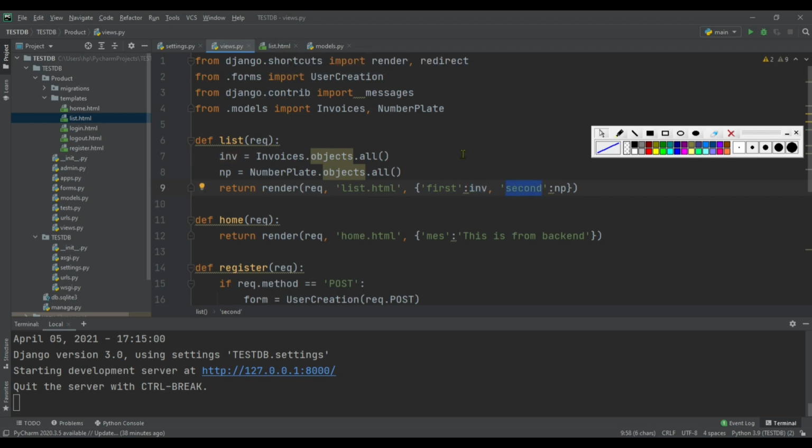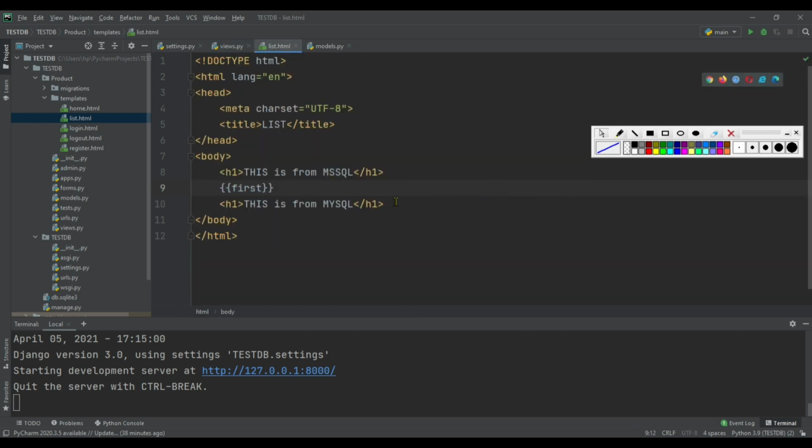Now copy this second key and use that key inside this list.html file.